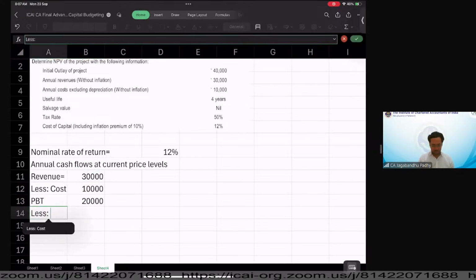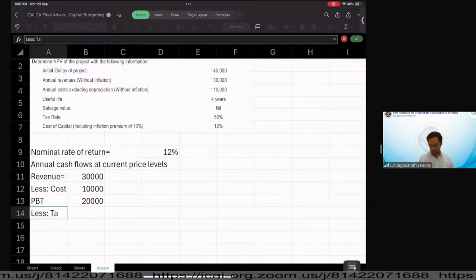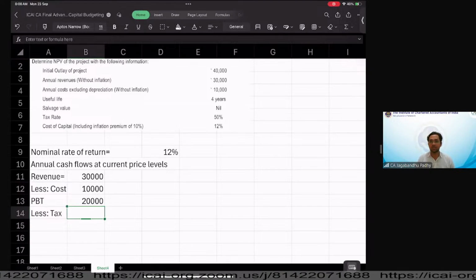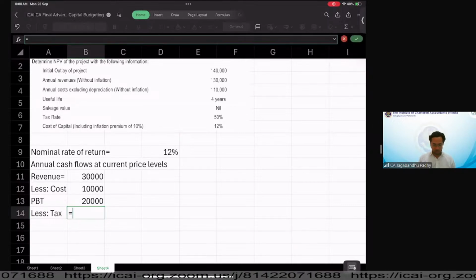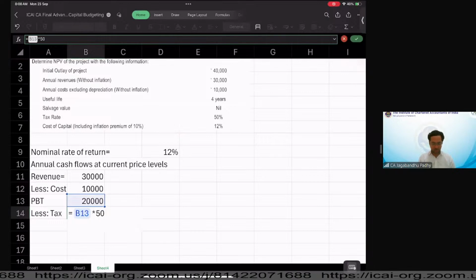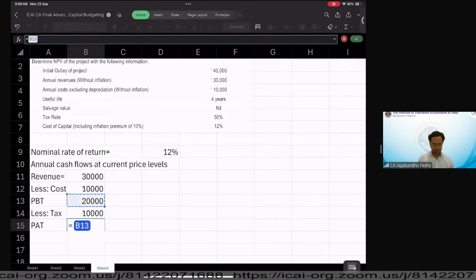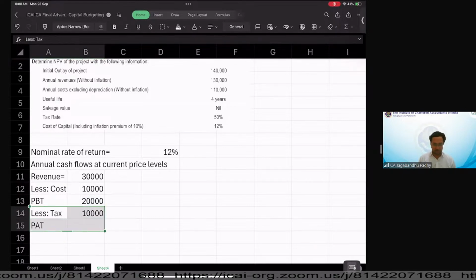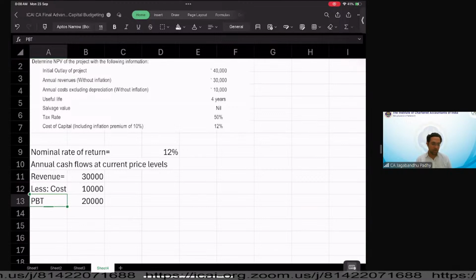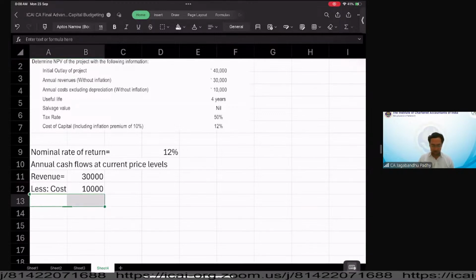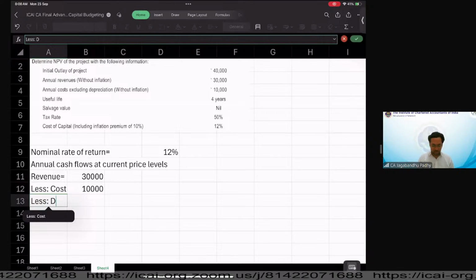From that, we subtract the tax amount, right? So tax amount is going to be equal to this multiplied by tax rate of 50%. That's 10,000. Then we have a profit after tax of, can we do this profit after tax? Correct? Wait, sir, there's a mistake, right? Absolutely. We cannot take this as PBT because I further need to subtract one more item over here. Since we have taxation in this question, I need to give impact of depreciation.